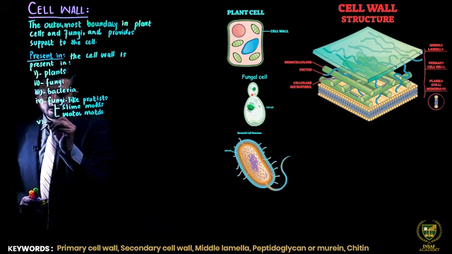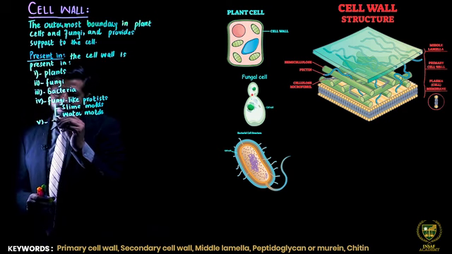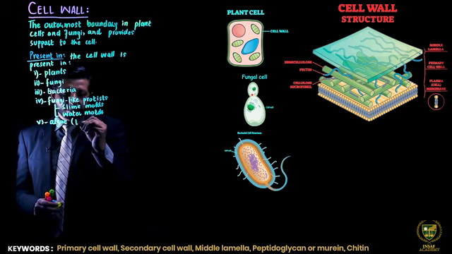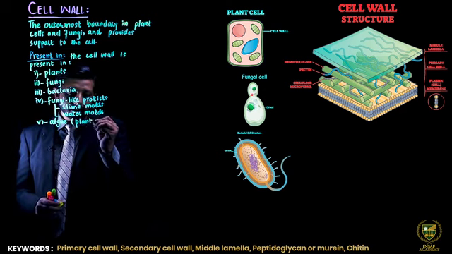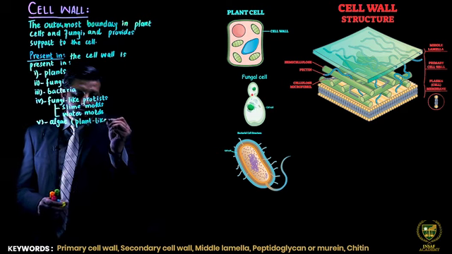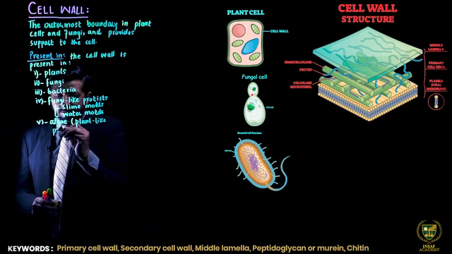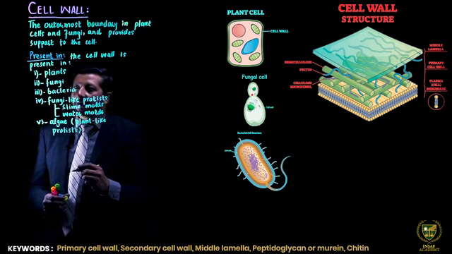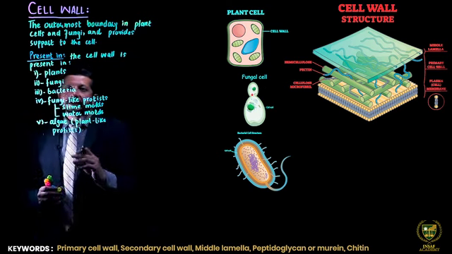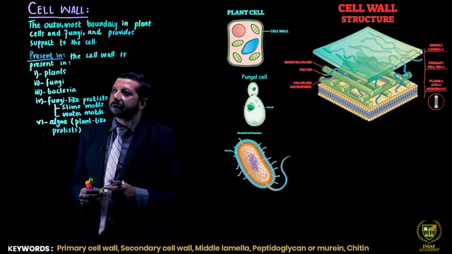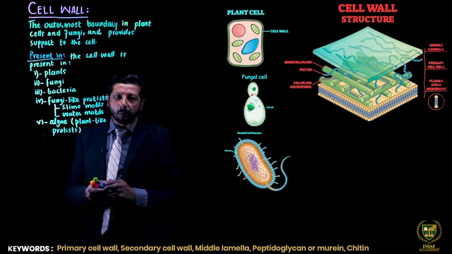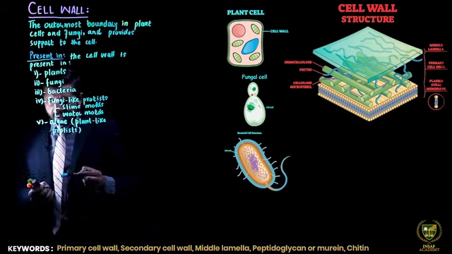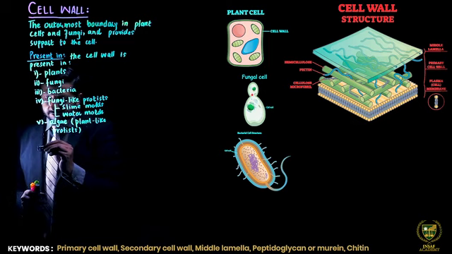Number 5, it is also present in algae, which are plant-like protists. Clear? So, all these organisms, they possess the cell wall. Clear? And it is absent in